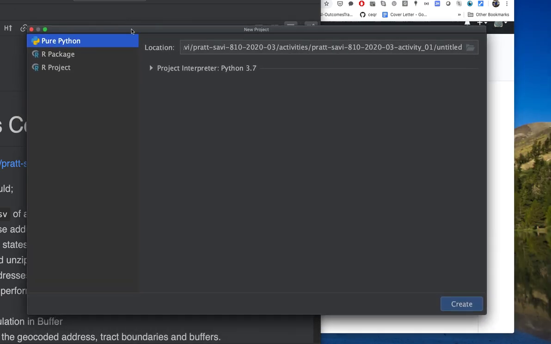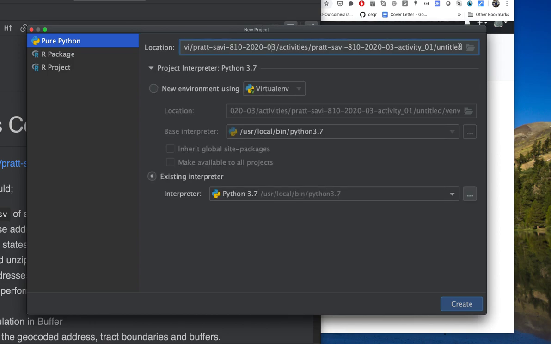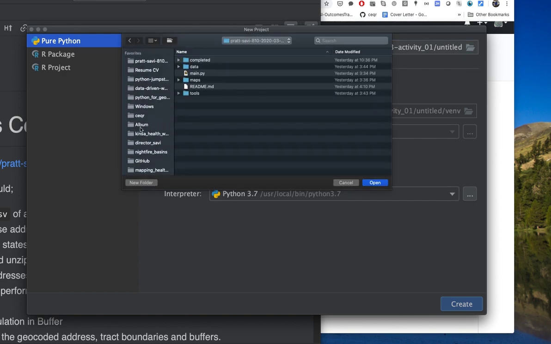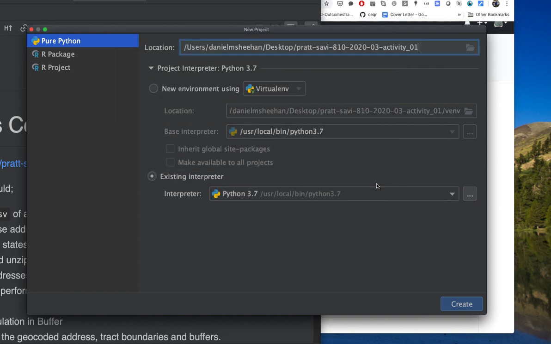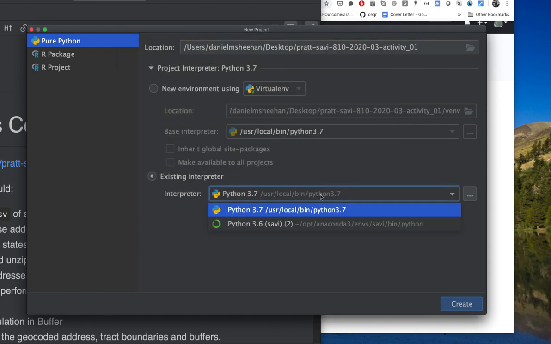So here I have the new project window. Okay, and I'm going to navigate to where my repo is. So in my case, I actually saved it on my desktop. So I'm going to select that repo folder. And then I'm going to select the Python interpreter. And we're going to make sure this is the correct one once we launch the project,